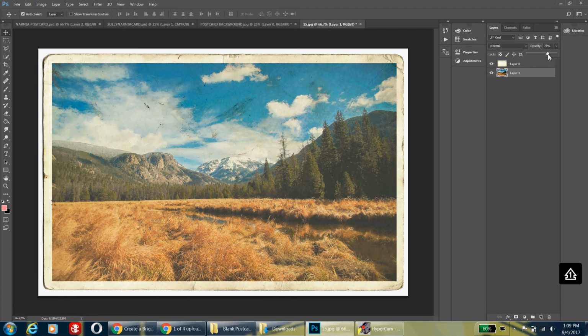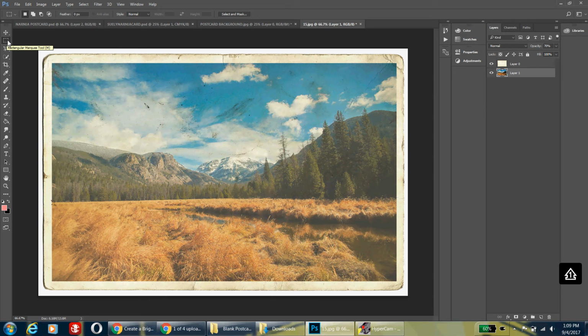So that it looks nice and vintage, or whatever looks good to you. You want to produce a washed out effect that simulates an old vintage print. So still on the landscape layer, you're going to take the rectangular marquee tool and you're going to draw a